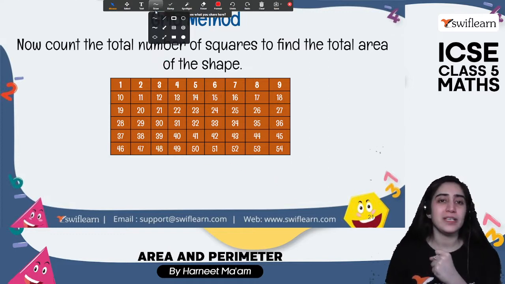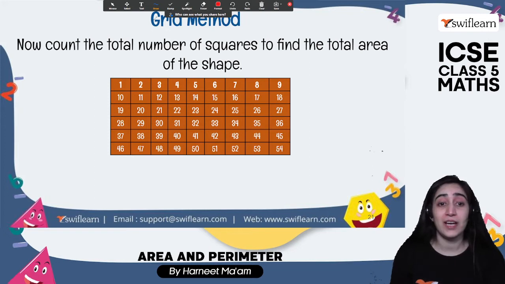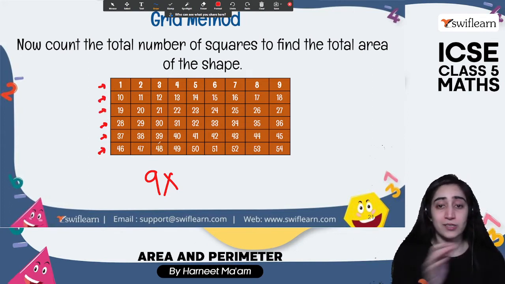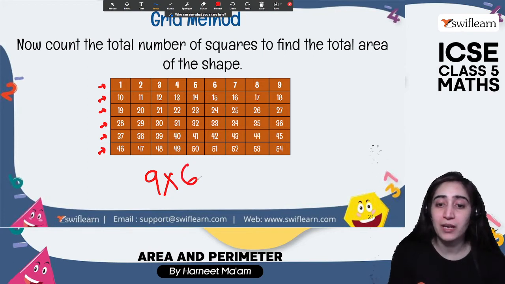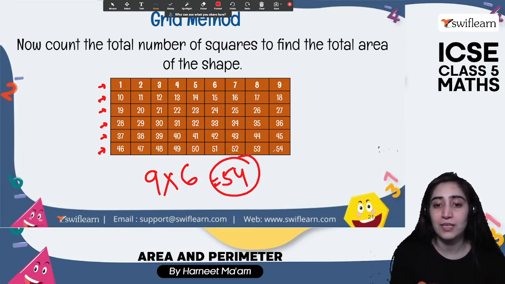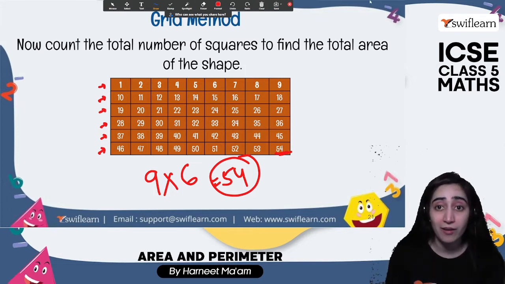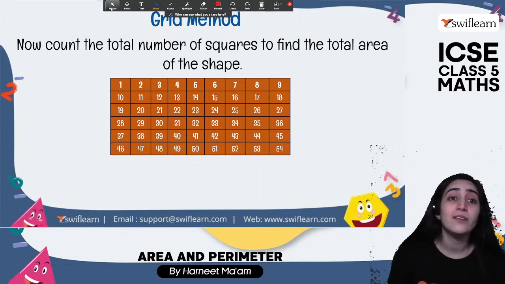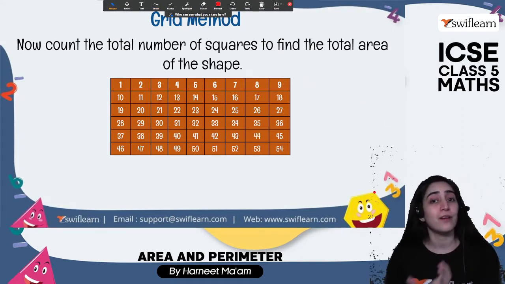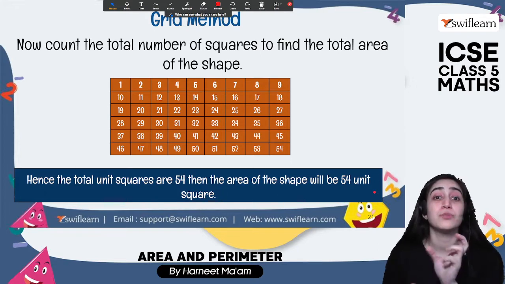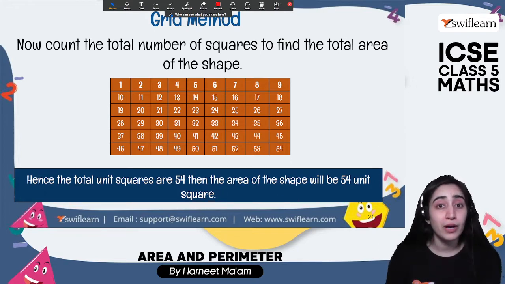This is still regular, it's a rectangle. So let's check if we get the same. Right now we have 9 across. How many are there? 1, 2, 3, 4, 5, 6. So 6 rows and 9 columns. We multiply and we got 54. Can you see the number of squares inside? Yes, so this graph method can also let us know the area occupied by an irregular figure. This is how we got to know that there are 54 complete squares on the grid, using the grid method.